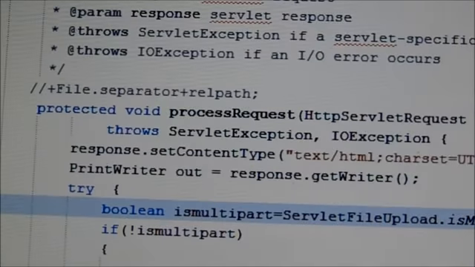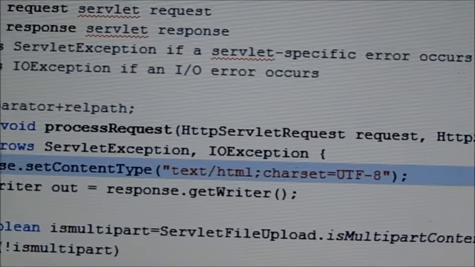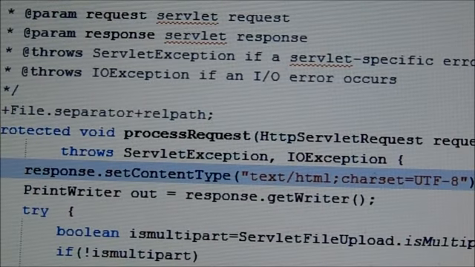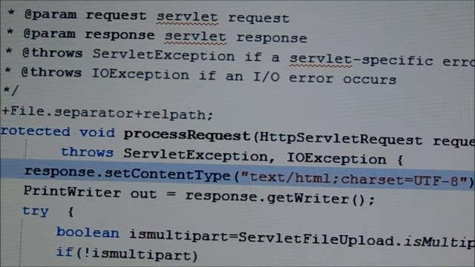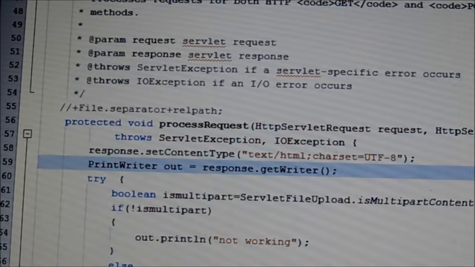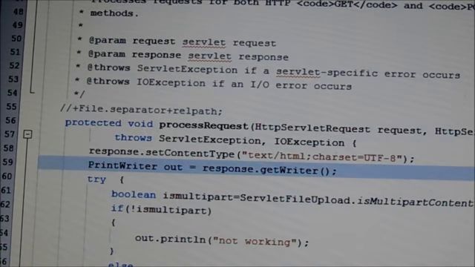And here we see try. Try boolean is multi-part file upload is multi-part dot request.